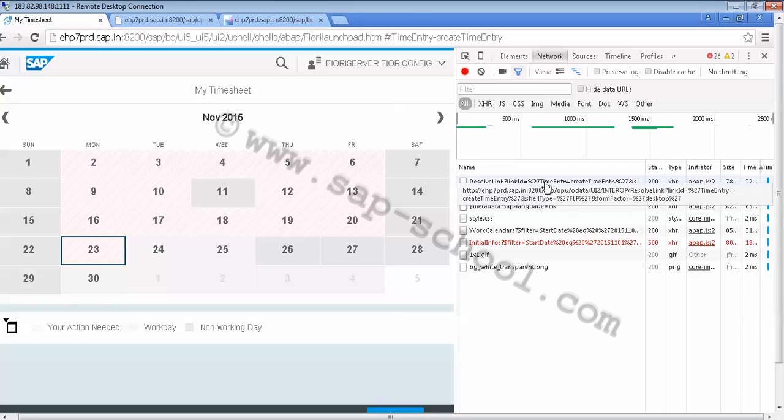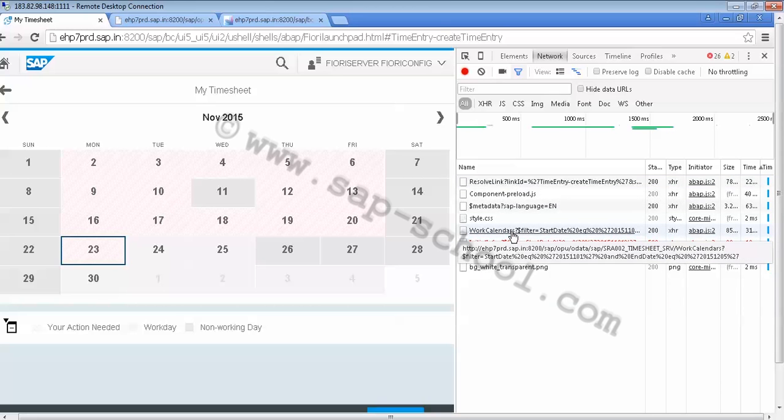This is my SAP OPU OData UI2 interop service which is called. Similarly, we have the different OData services which are called here. This is my SRA002 timesheet underscore SRV which is called. This way we can see that there are different OData services which are called by this My Time app.